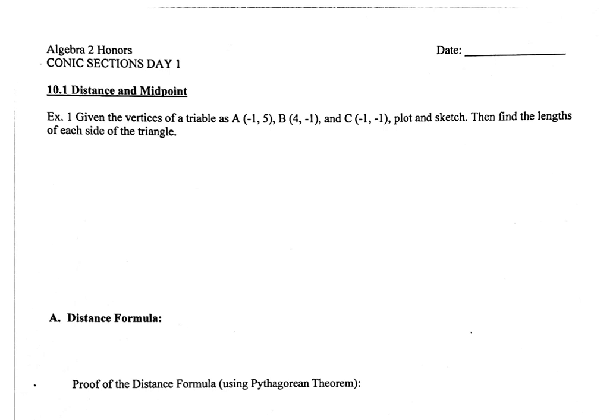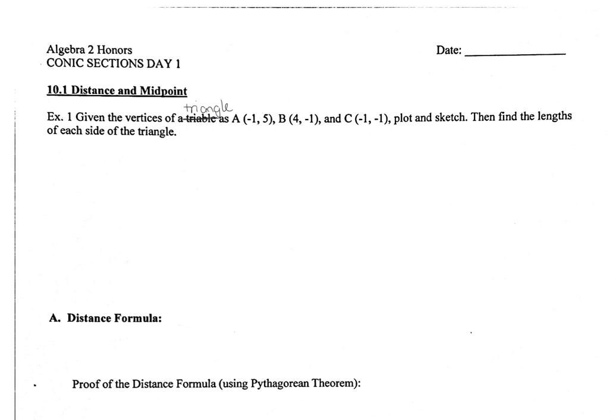The first thing I want you to do is plot the vertices of the triangle. So make a quick little sketch of what that would look like, and then we'll talk about finding the lengths of each side. So here's my triangle, and you're going to notice that the vertices of the triangle are labeled